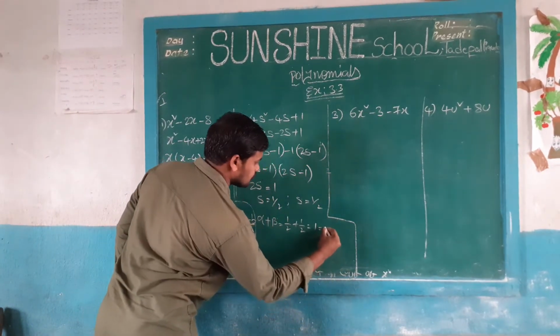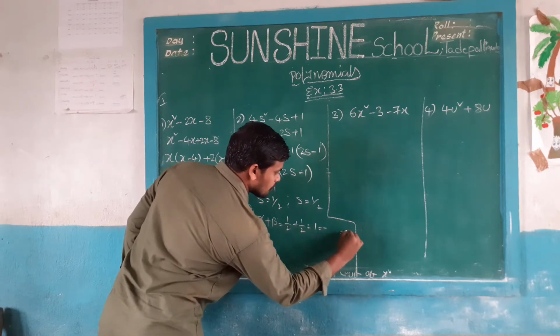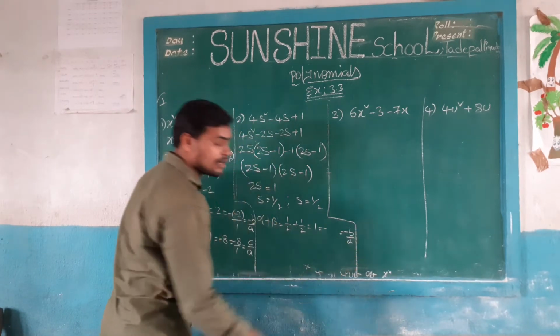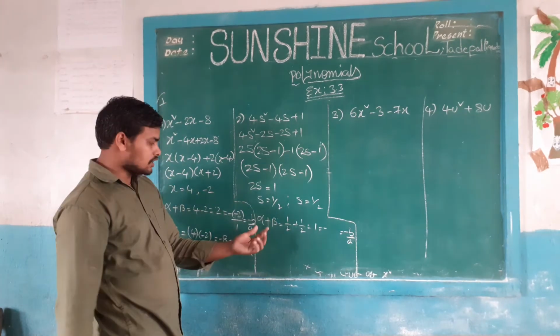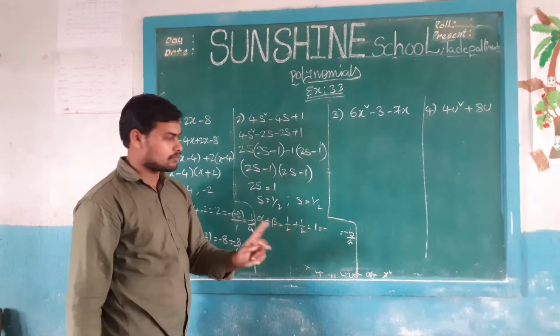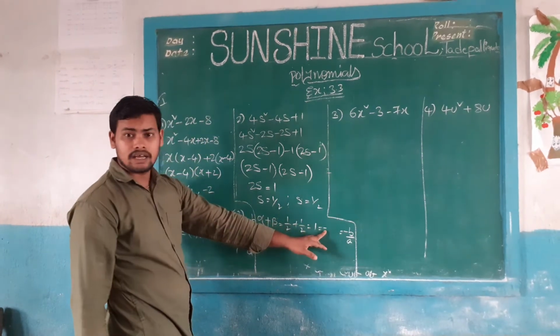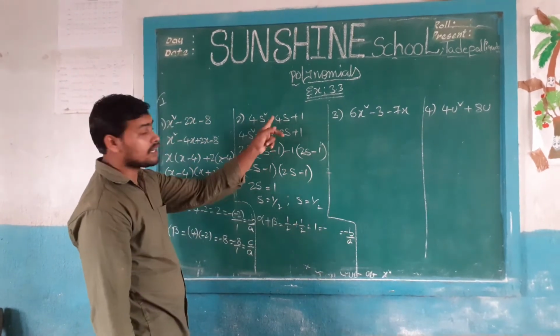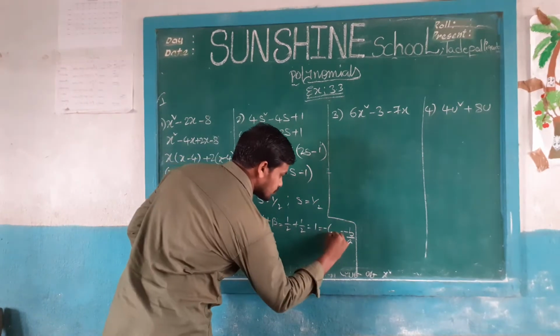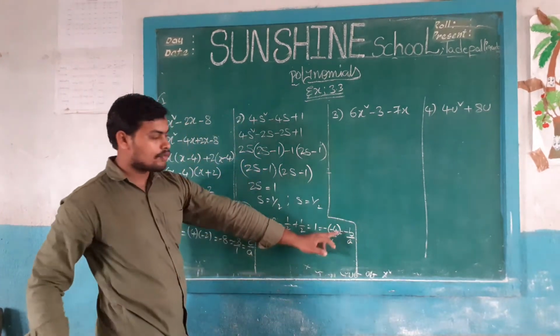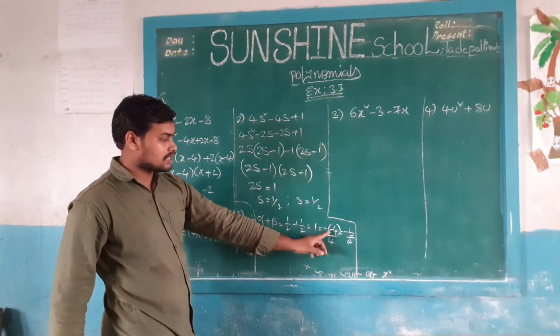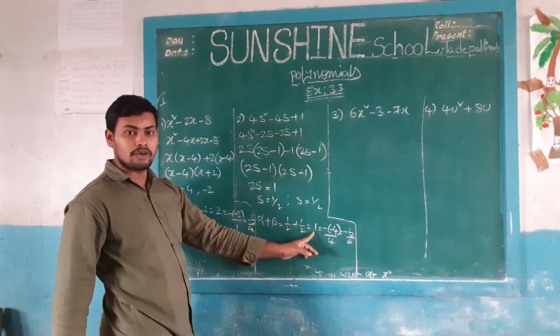And equal to 9. Actually the formula is minus b by a. We have to verify the relationship between alpha plus beta and minus b by a. Simply write minus and minus here. What is the b value here? B value is minus 4, and a value is also 4. 4 by 4 value 1. Minus minus plus. So 1 is verified here.